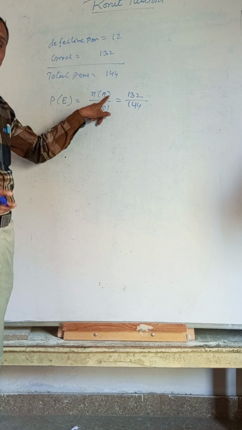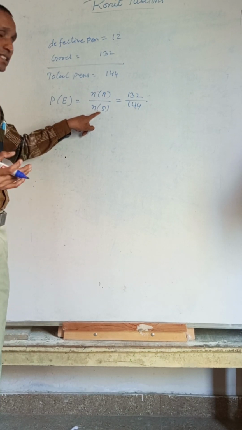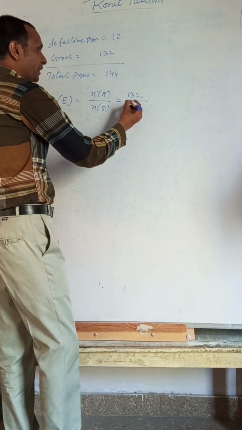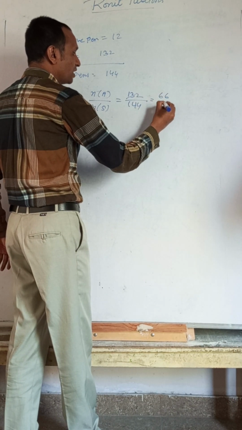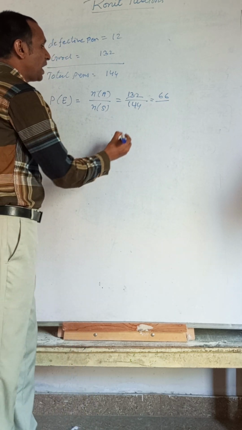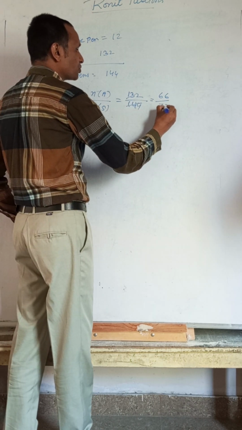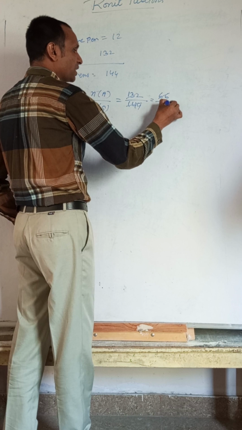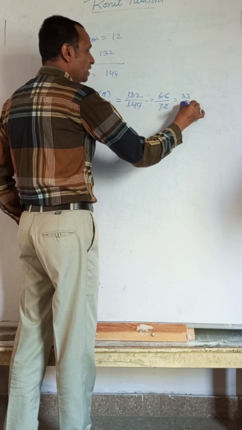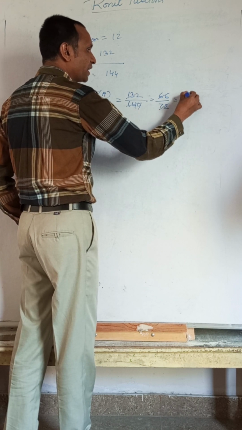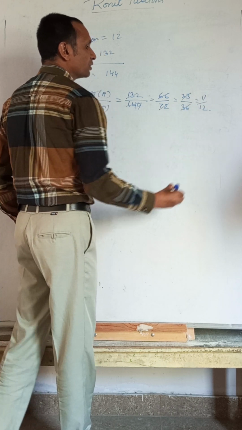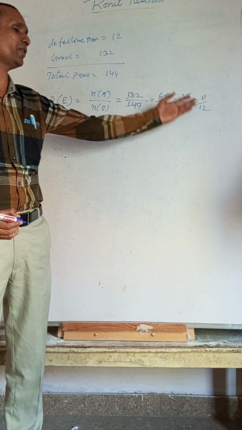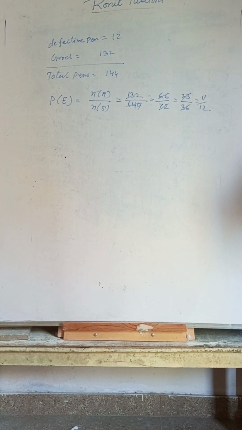It means occurrence, what are the things that are coming, and the total, how much is there. So we can cancel by 2. It becomes 6 1s are 6, 6 6s are 12, 6 2s are 12, and we cancel this by 72. Again we can cancel by 2. This will become 33 and this will become 36. Again we can cancel: 11 3s are 33 and 12 3s are 36. So the probability of the given number is 11 by 12. Next we are going to the next question.